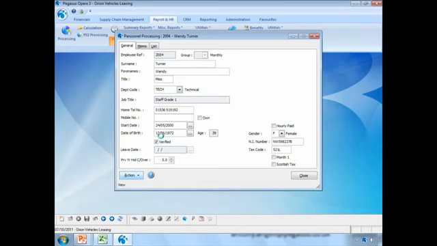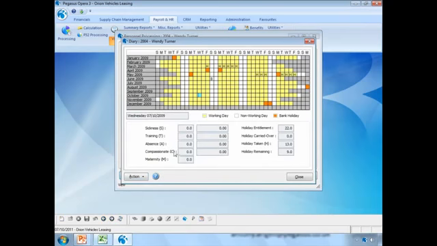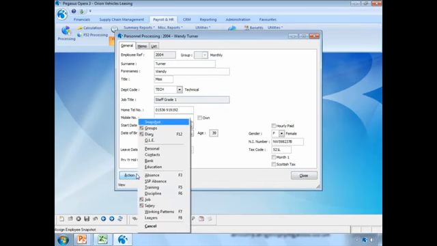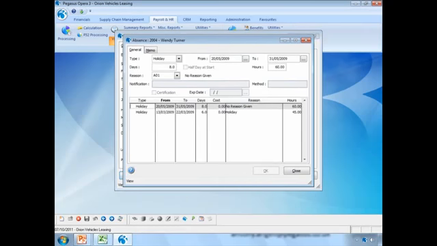And here we can look at the diary information. So we can see, for instance, that Wendy has taken those days off on holiday. These ones marked in orange are bank holidays, and those marked in white are the weekend non-working days. So it allows us to go through and have a look at the holiday for this particular individual. It also allows us to go through and enter absence records. So if, for instance, an individual is off on holiday, I can record that, but it might be that we're giving them a compassionate leave, or it might be that she's on maternity, in which case I can record that